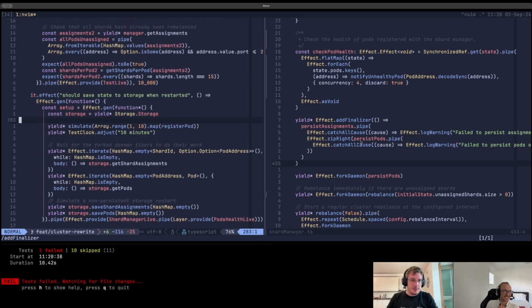At the moment, we don't really care if we lose the state upon restart, because losing the state of the shard manager doesn't mean damaging the cluster. It just means that the new shard allocations may look different from the previous ones, and you have a rebalance, which is only due to the shard manager being restarted. The shard manager can force a rebalance, but the pods are actually reading their assignments directly from cluster storage. They're not necessarily getting it directly from the shard manager,